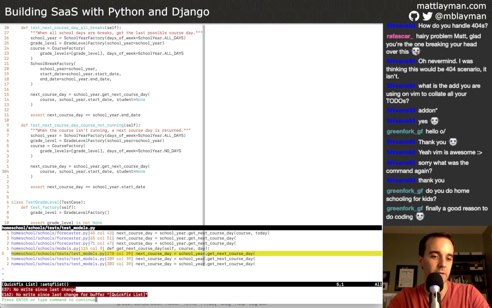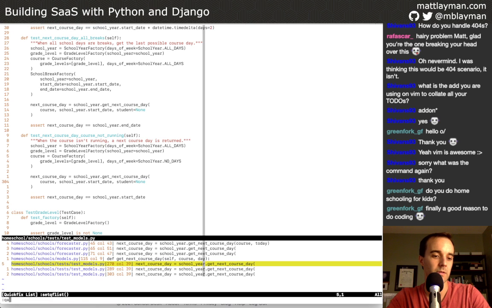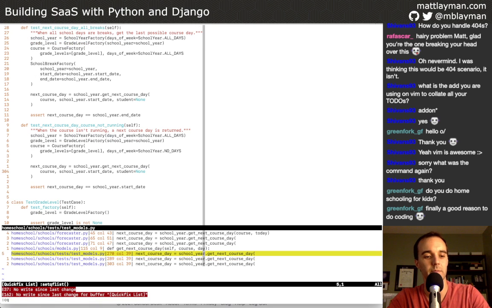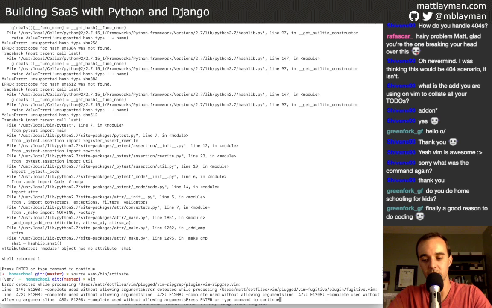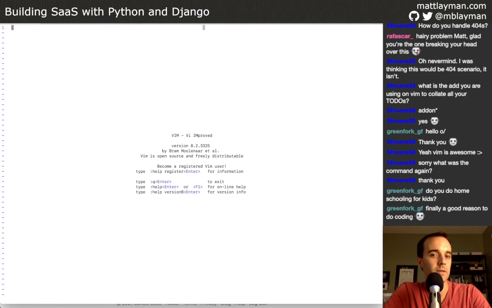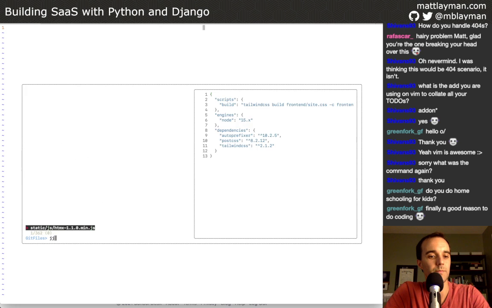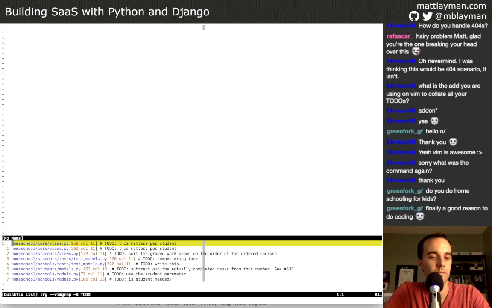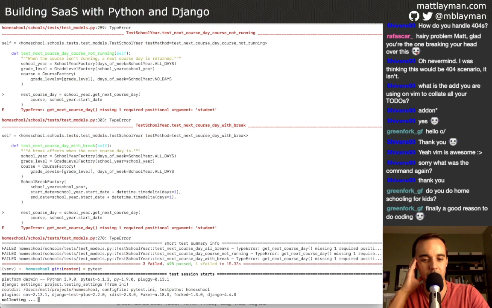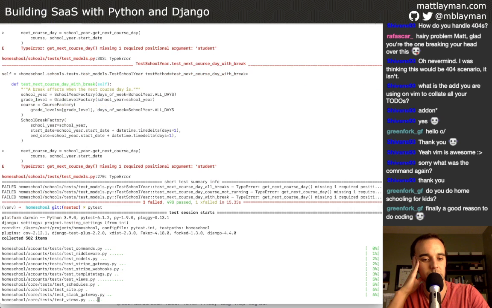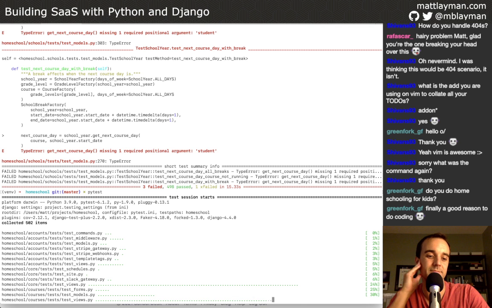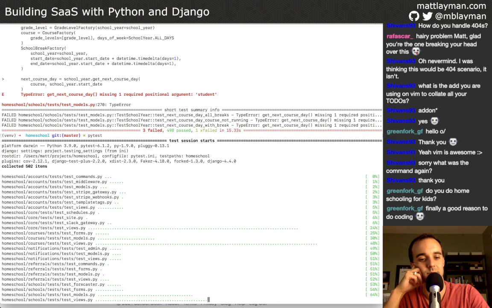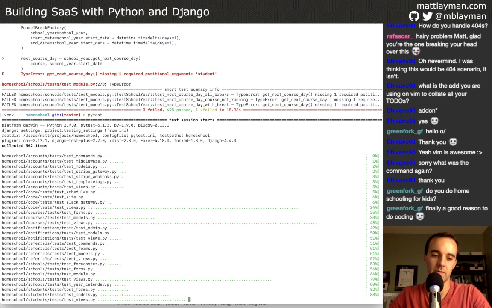Can't run tests from within my editor because I forgot to turn on my virtual environment. All right. Back to where we were. Let's just run the test suite over here again. Takes a little bit, but it's not too bad. I should just run the file, but I don't remember what file it was in. Okay, we're looking good.